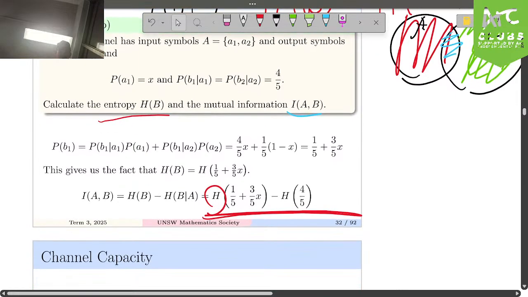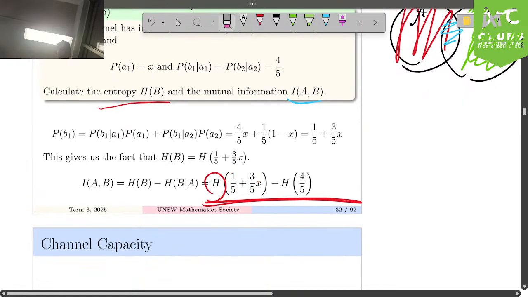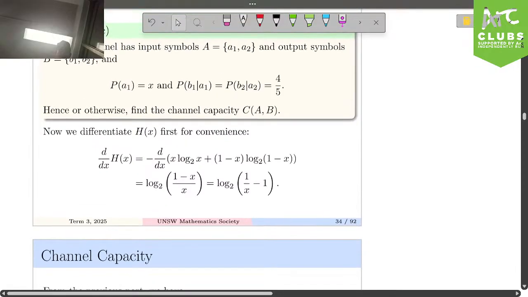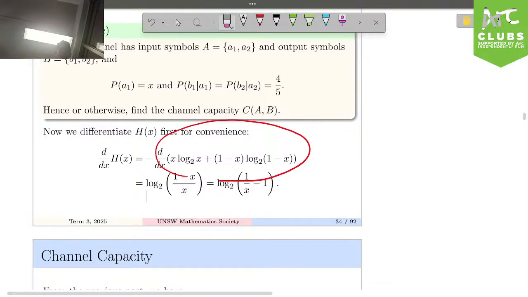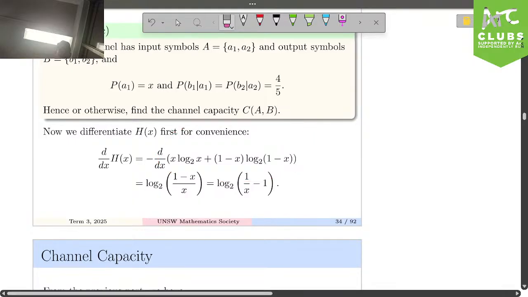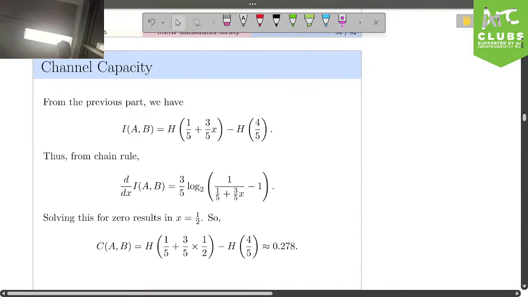In a different case where you had an x out the front here, you'd want to be a bit more clever in terms of using the fact that this has zero derivative when the input is equal to a half. But this should be pretty straightforward. I guess you can differentiate if you want. You can plug it in like this for h of x, you would get this expression for the derivative, and you would find that when x is equal to a half, the derivative is going to be 0.